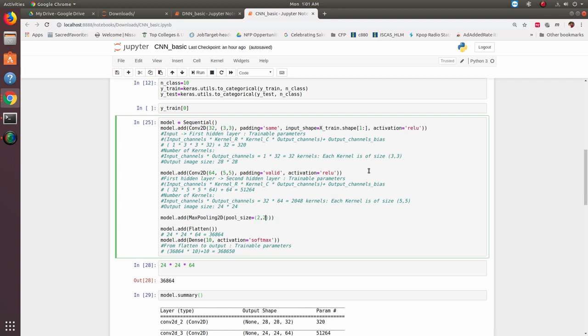Okay, so if I use 2,2, the image size gets reduced by half, right? So my rows get divided by 2. The image size right now is 24 by 24, and 24 by 24 becomes 12, and the same thing happens for columns also,